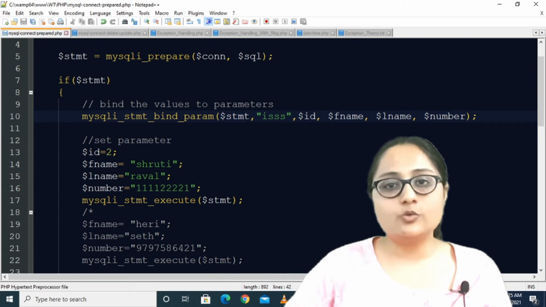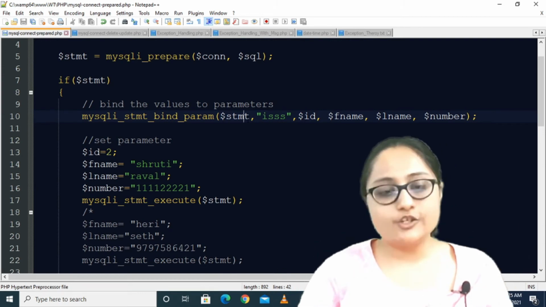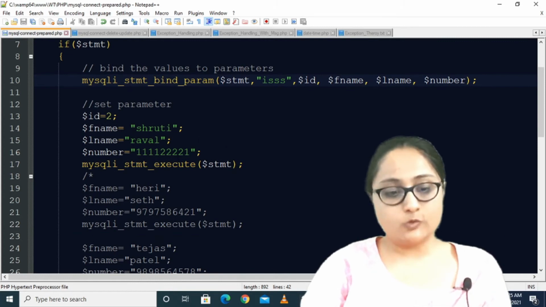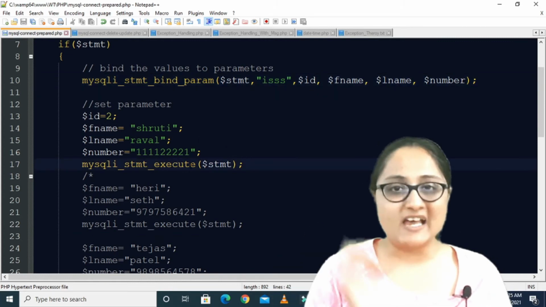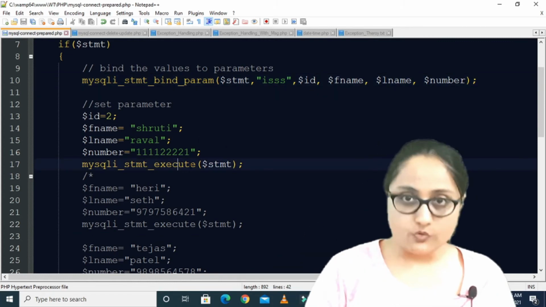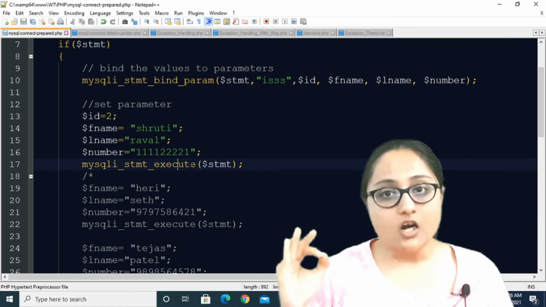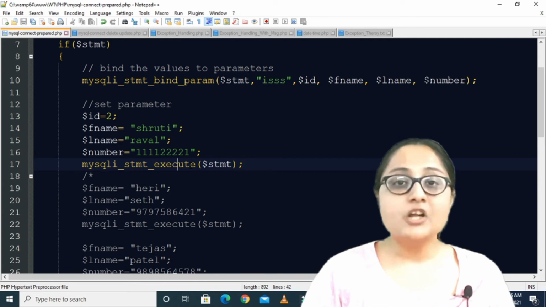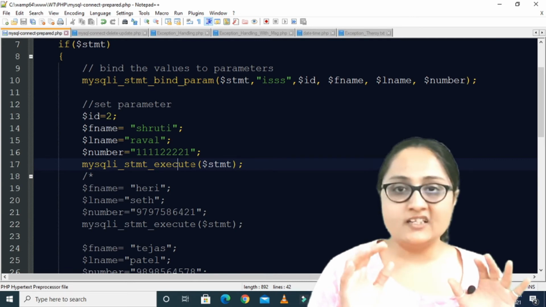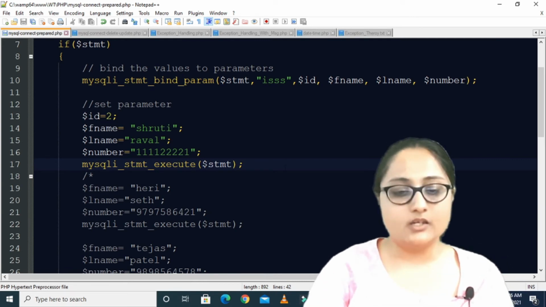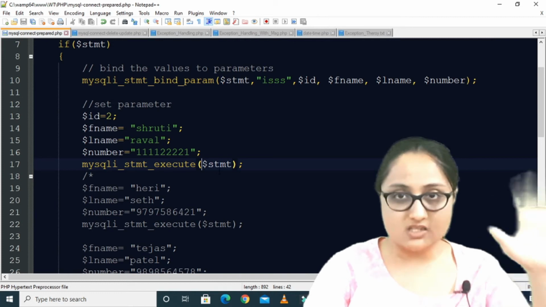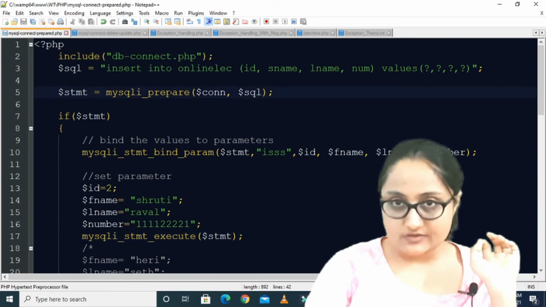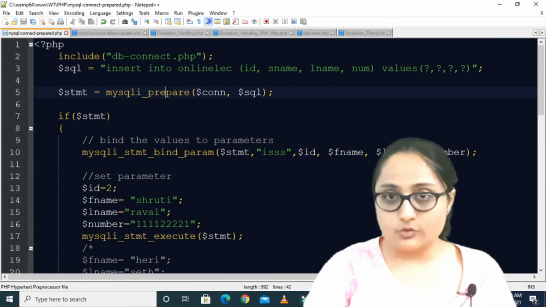How to execute this query? You can execute the prepared statement query using this function, that is mysqli_stmt_execute. So this is the function that you have to learn for executing the query, and you have to pass the query variable, that is the $stmt variable, in which we have compiled the query and stored.